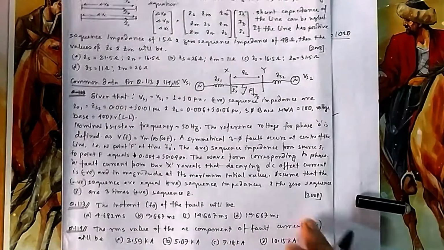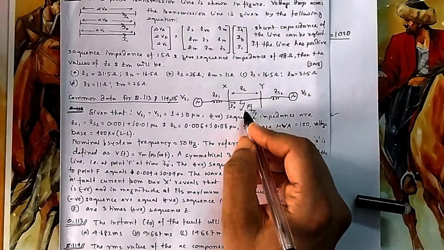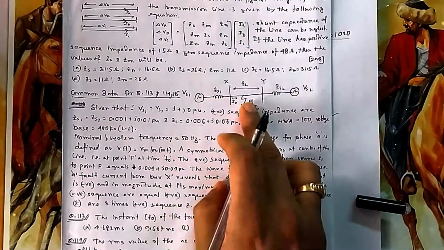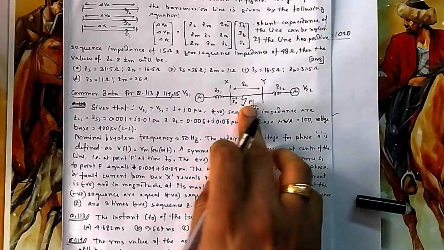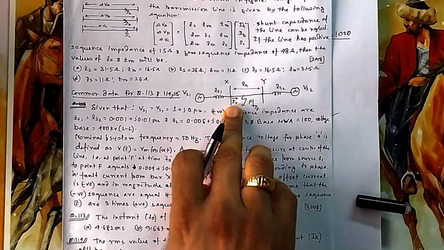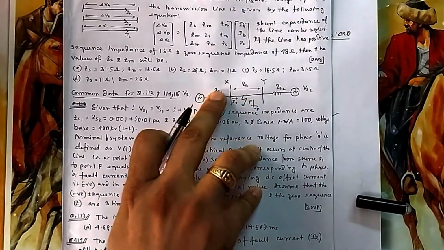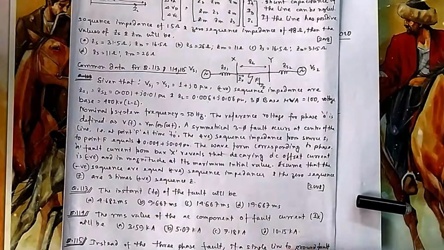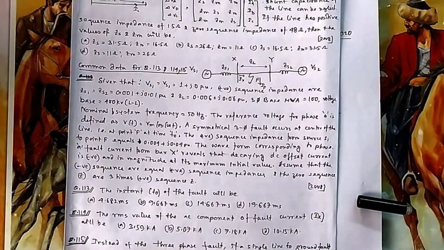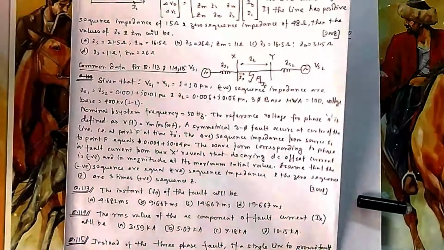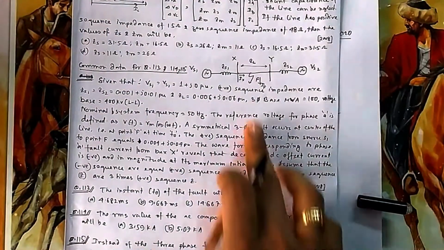At the instant when the fault occurred, the RMS value of the AC current of the fault current IX. You have to be careful. IX is this current, not this fault current. Because this fault current will be supplied by both this and this generator, and it will be equal, whatever fault current you got, you will have to divide it by 2 to get the fault current coming from this generator. That is IX. Here also IX. Instead of a three-phase fault, a single line to ground fault occurs on phase A with zero fault impedance, then the RMS value of the AC component of fault current IX, instead of the three-phase fault.